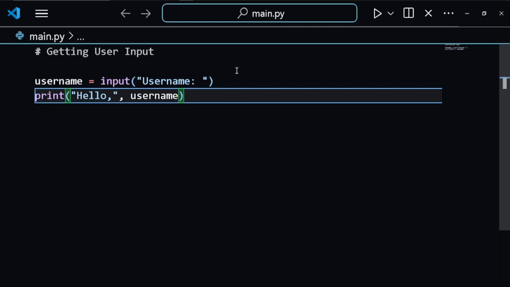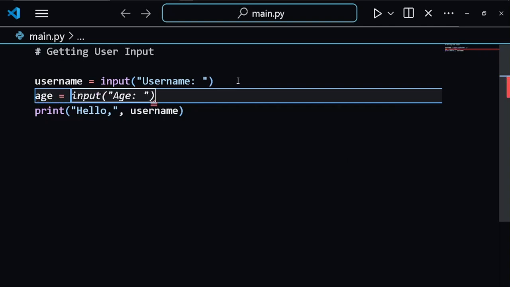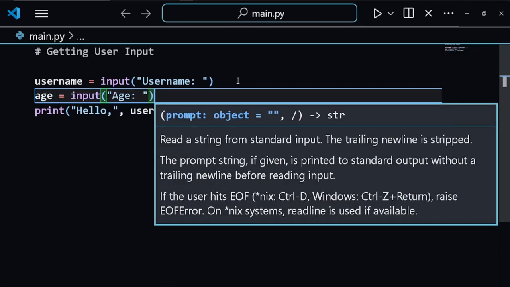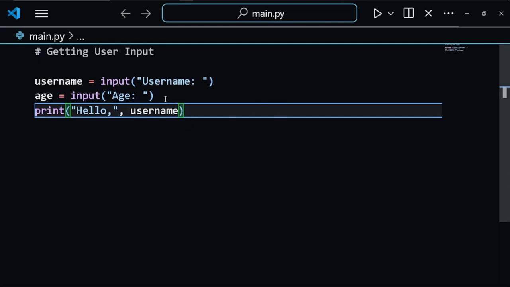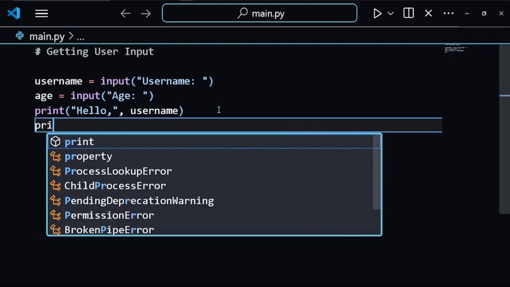Here you are collecting a username. This is how you collect input in Python. Can you also collect input where you're not expecting a string? Let's say I'm getting age now. I'm now setting it to input age, asking the user for the user's age, and now I print hello, and I want to print also